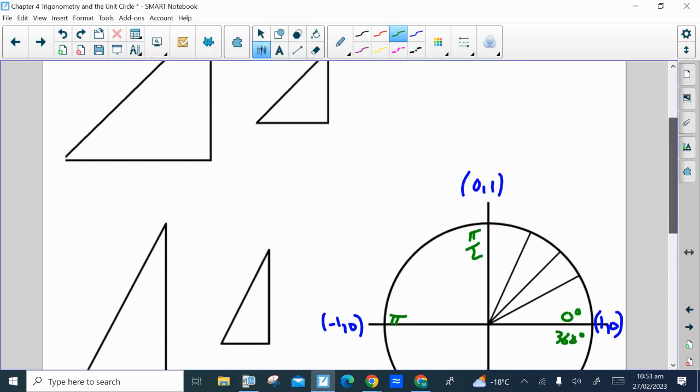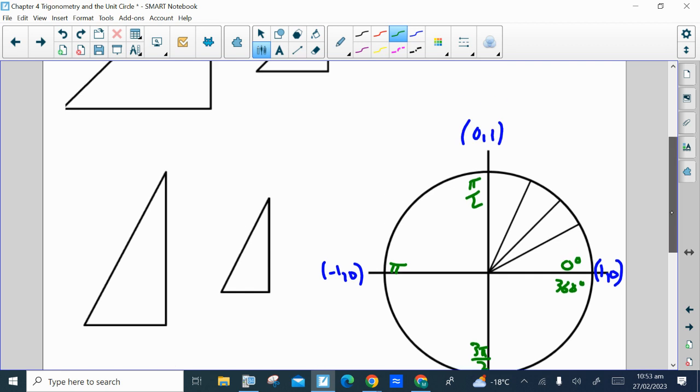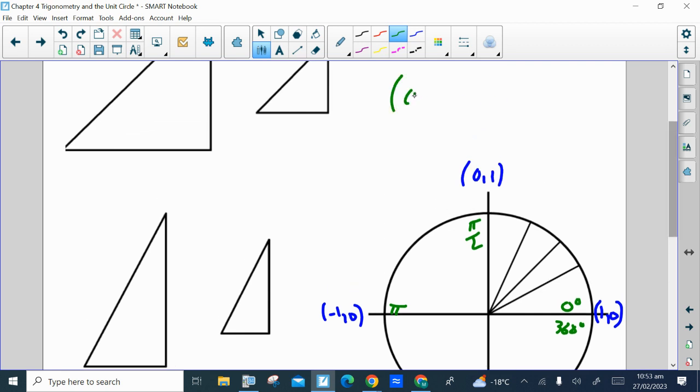At every stop on the unit circle, we're going to get a set of coordinates, an x value and a y value. Now we see that the x value tells you the cosine of the angle, where the y value tells you the sine of the angle. It worked for pi on 2 radians, it worked for pi radians, it worked for 270 degrees. It will also work for 0 degrees or 360 degrees. We can try those both